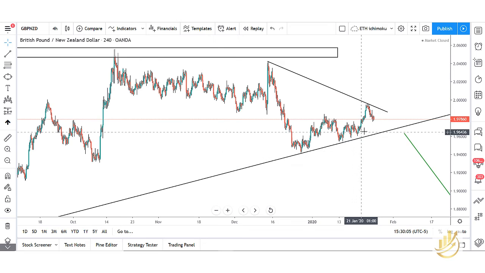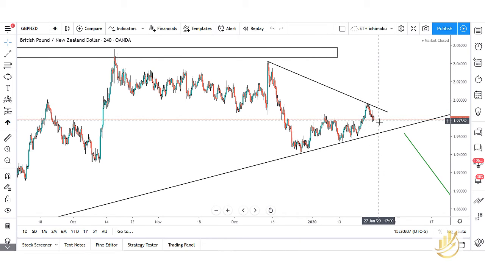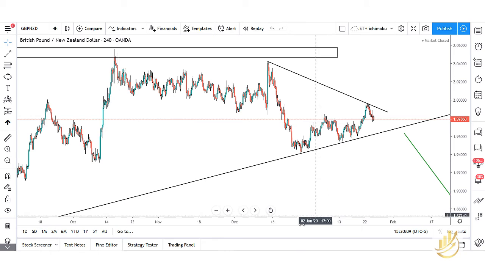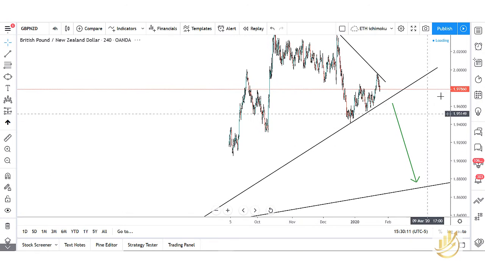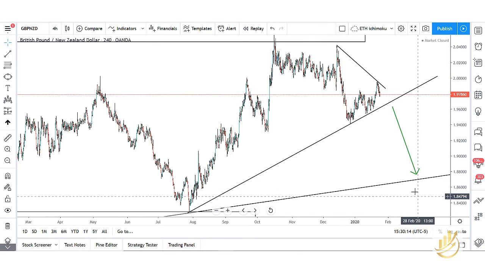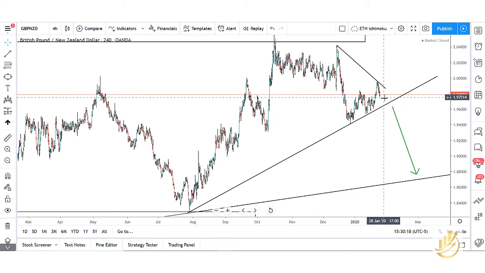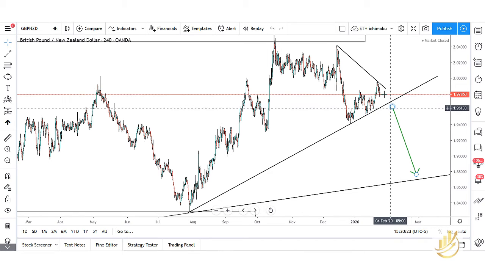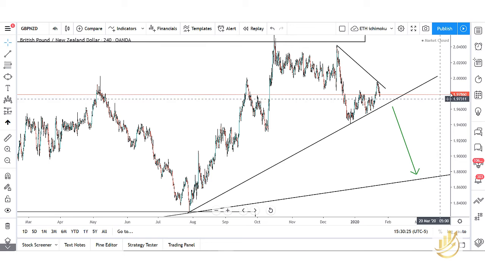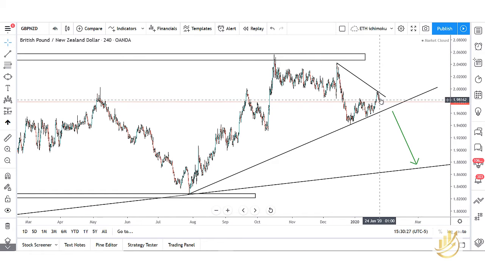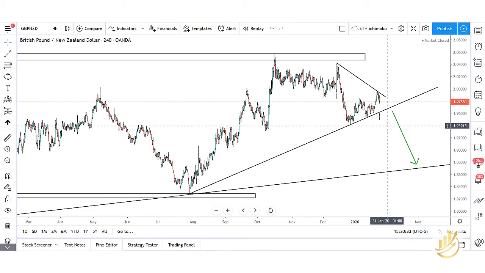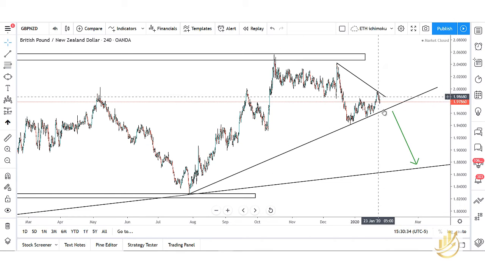I'm more concerned somewhere here. If it breaks this, there are more chances that it might drop to this level further. In a few days we will see very high movements in this pair. So just keep an eye, and if you have a good opportunity to sell, you can sell this pair. It'll be like this. Once it breaks here, you can sell it